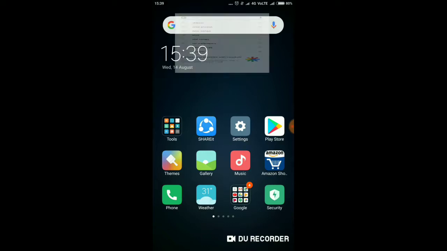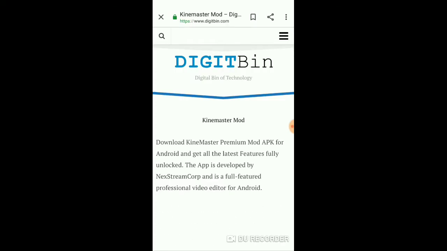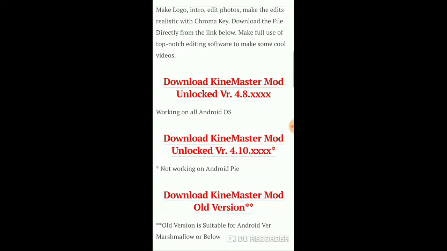So for this, first of all you need to go to the link in the description. This is the link. Simply press on the link in the description, and it will take you to this digitbind website, www.digitbind.com. Here you need to press on download Kinemaster mod unlocked version 4.0.xxx. This is the latest version, and below this is the old version of Kinemaster,